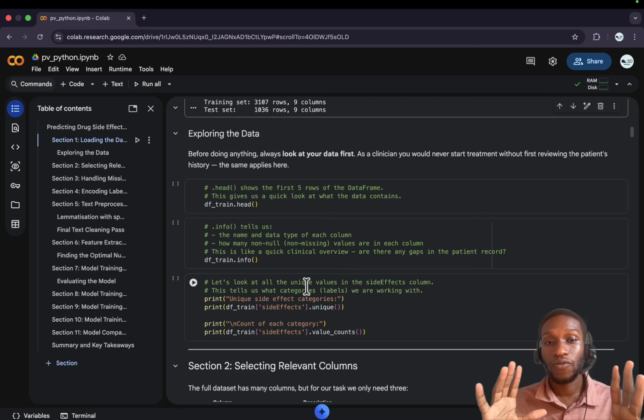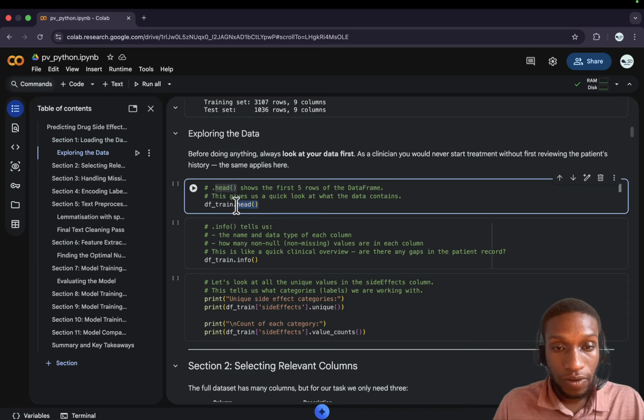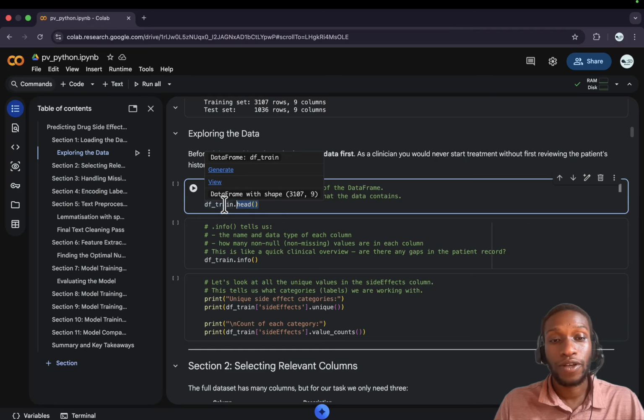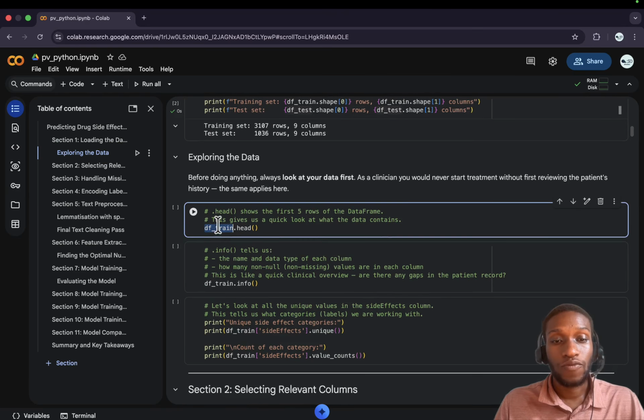In this case, our focus is on pharmacovigilance using side effect reviews. So we want to have a sense of how this dataset looks. We will use this function called .head. You remember we gave our data frame the variable df.train. So we'll do df.train.head to get the first 5 rows of the data frame to see what the data looks like. So when I run that,